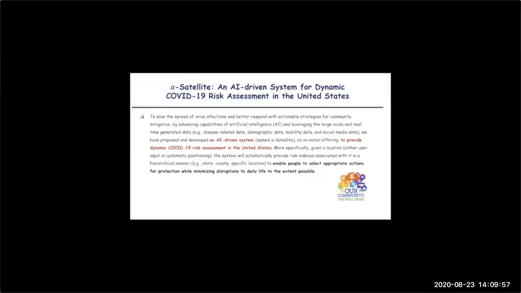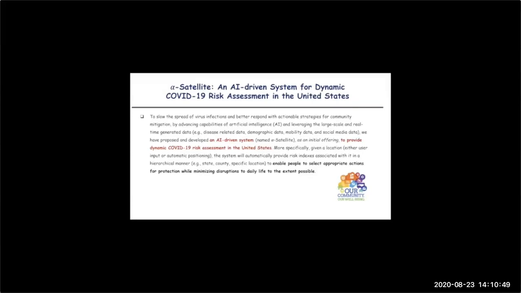The key idea is to leverage the large-scale and near real-time data generated from multiple sources, including disease-related data, such as the number of COVID-19 cases, the number of deaths, the fatality rate, the new cases, and the new deaths, and also demographic data, such as the population density and the distribution of age, income, and education in a given area, and so on. We also consider mobility data in terms of how busy a given area is, and social media data. We would like to analyze the public perception towards the COVID-19